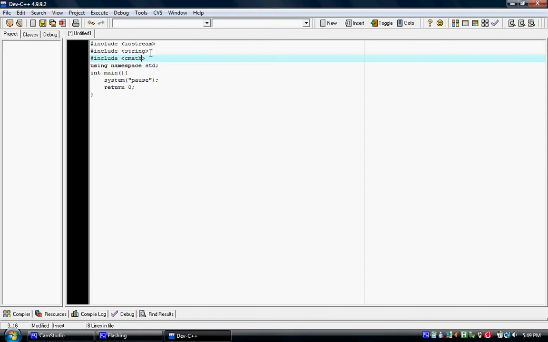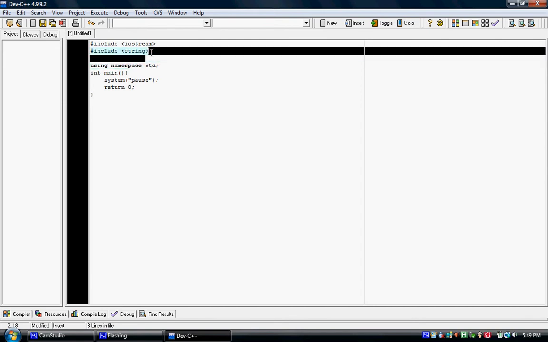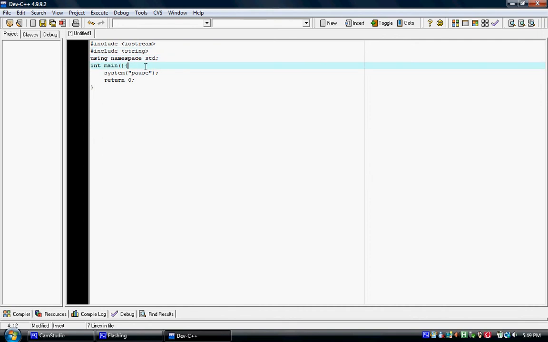So we can also say cmath, another very useful one, allows you to do fun mathematical stuff. But that's not really important right now. Right now, all you need to do is say include string. Now, let's make a new string